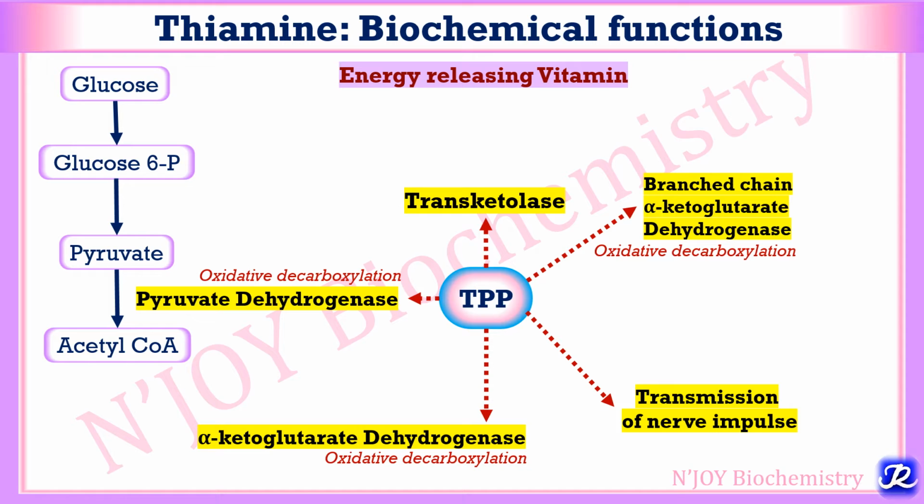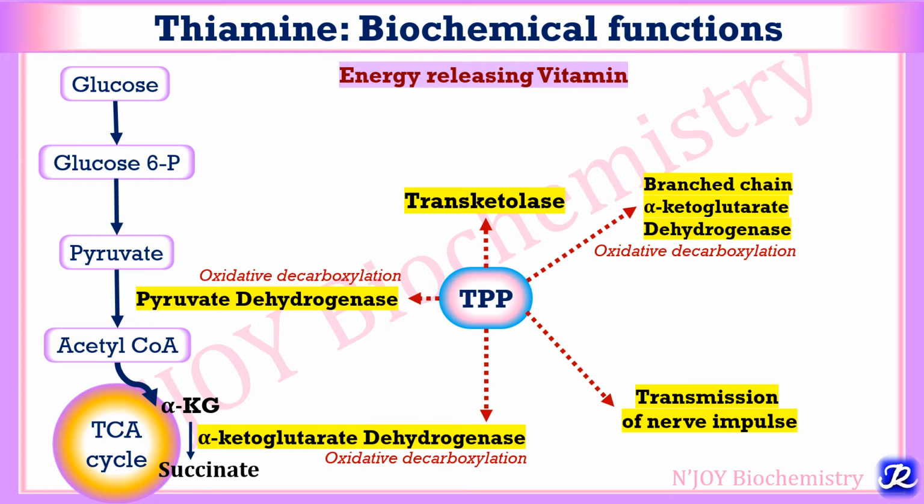So that's how it is related with the energy releasing process. Further, this acetyl-CoA enters the TCA cycle, and one of the intermediates of the TCA cycle is alpha ketoglutarate. Now the conversion of alpha ketoglutarate to succinate requires alpha ketoglutarate dehydrogenase, which is also a multi-enzyme complex like the pyruvate dehydrogenase complex. It causes oxidative decarboxylation of alpha ketoglutarate to succinate, and during this process also reducing equivalents like NADH are